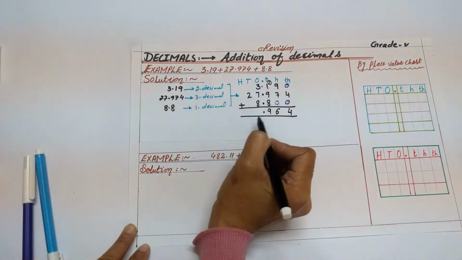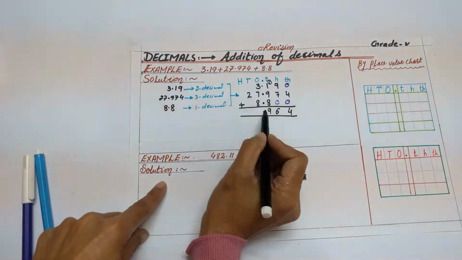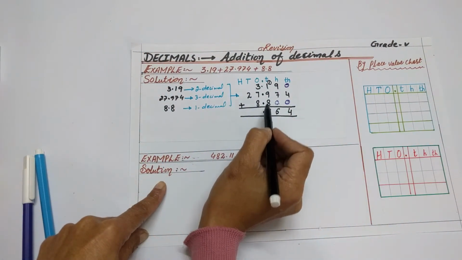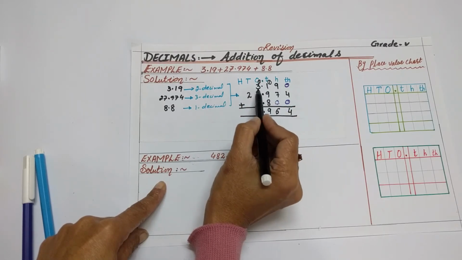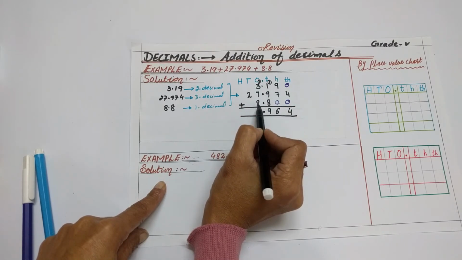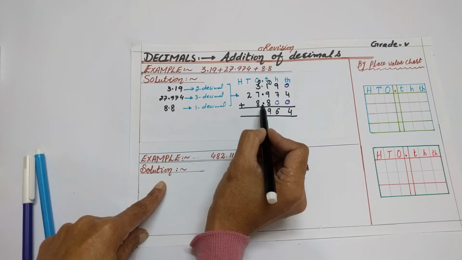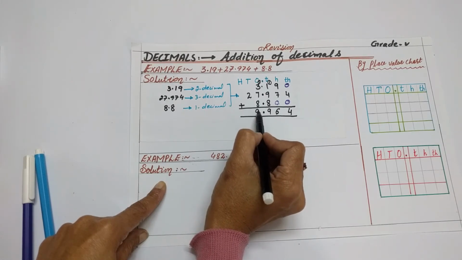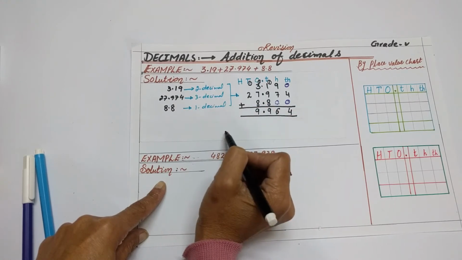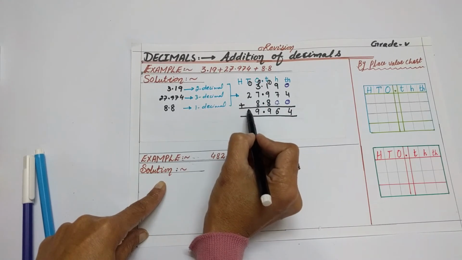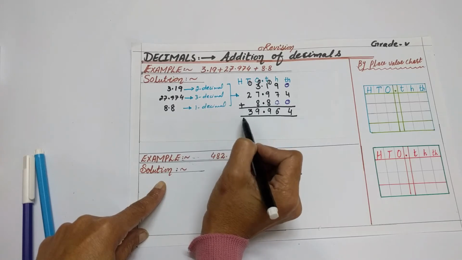Then the decimal. Here we have 1 carry, so we will shift the carry to the next place, that is ones. So 7 plus 3 is 10, 10 plus 8 is 18, 18 plus 1 is equal to 19. 9 will be written here and 1 will be the carry for the tens place. So 2 plus 1 is equal to 3. So our answer is